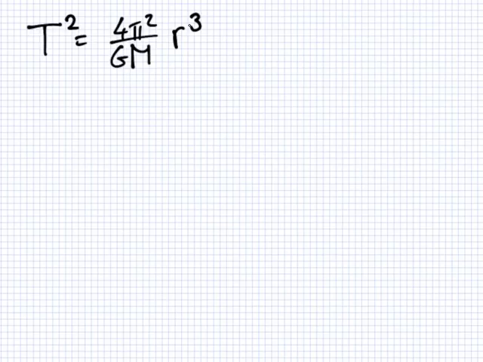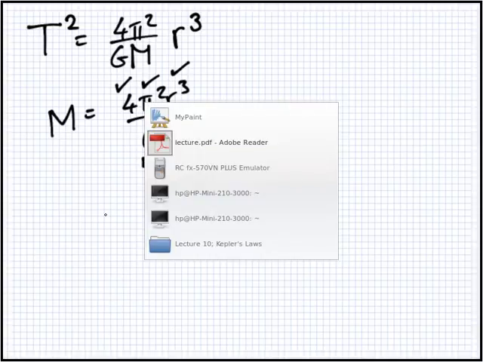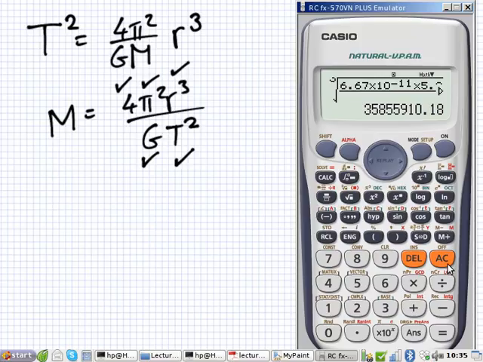M. So, I'll just rearrange it to get the M. I bring the M up and the others down. So, I have 4 pi squared or cubed over g t squared. The 4 we know, the pi we know, the radius I give you, the g we know, and the t we know. So if I just take out the calculator and hit everything in, on the top I have 4